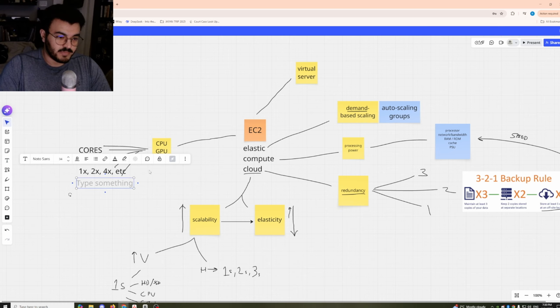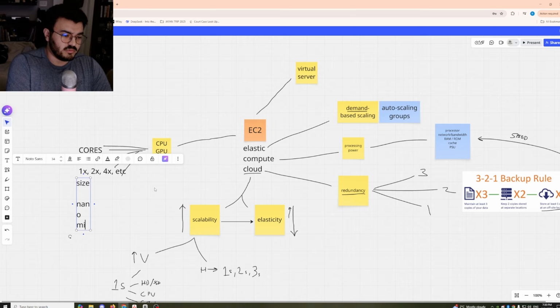But we'll get there. There's also like size. So for example, there's like nano, micro, macro. There's no macro. There's nano, micro, large.